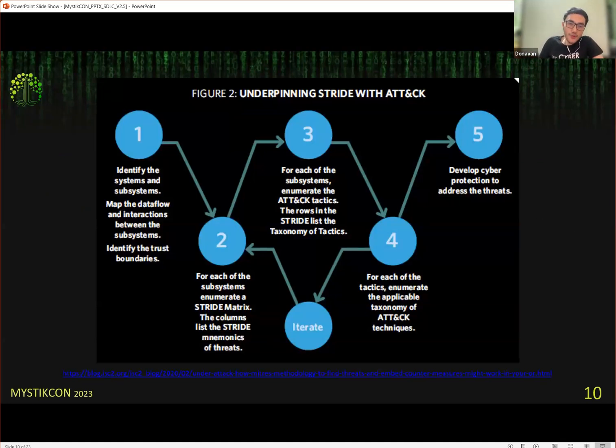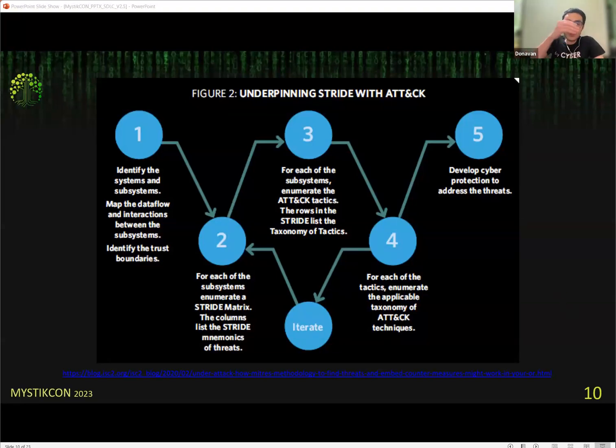I mentioned that we start off with STRIDE because it is a strategic model. What I mean by strategic is that you get the opportunity to begin at a very high level. In this very simple diagram, you begin by identifying the systems and subsystems, and then the threat modeler will use a certain tool to map the data flow and interactions between these subsystems. If you're familiar with the history of STRIDE, STRIDE came from Microsoft, and Microsoft has very kindly created a tool to do this, the Threat Modeling Tool, which is free of charge. The only pity is that it only runs on the Windows platform. But of course, a simple Windows machine can solve that. And if you cannot get a Windows machine, you can always borrow one from someone else.